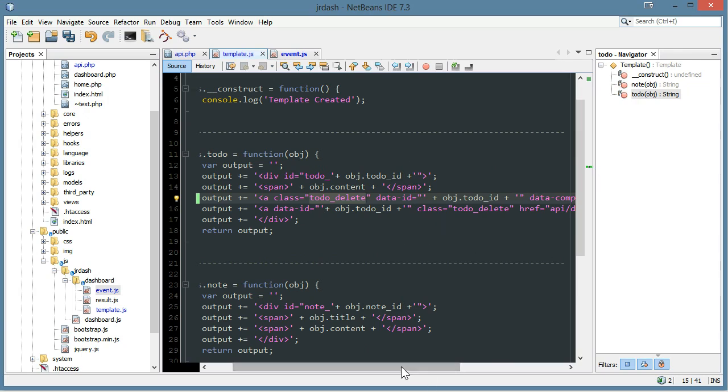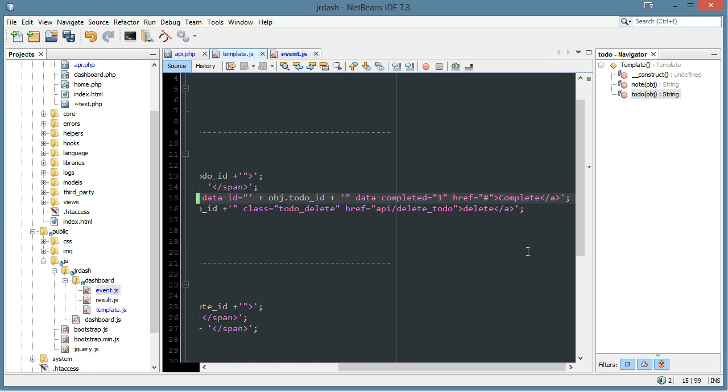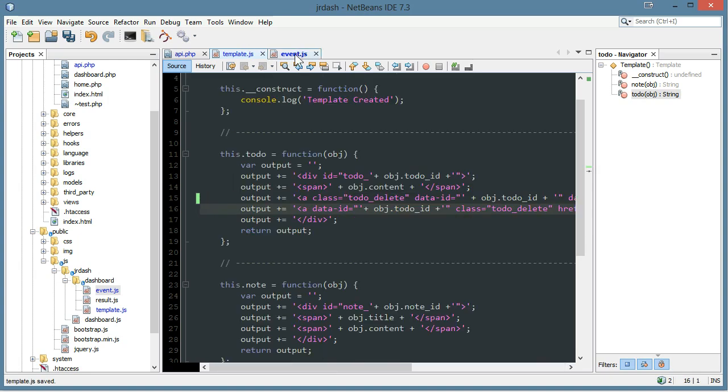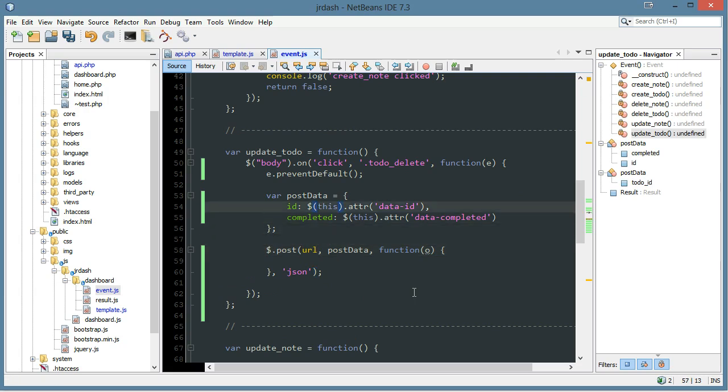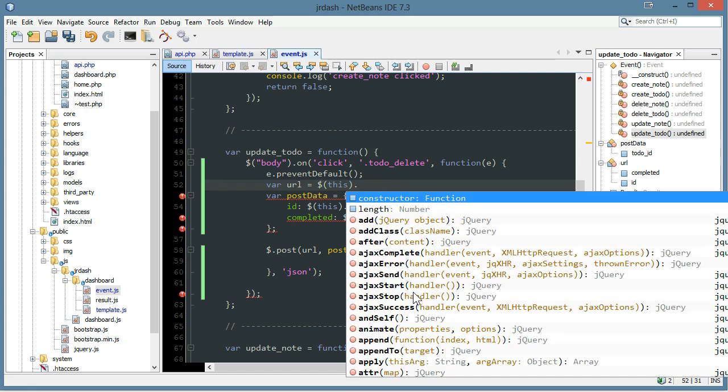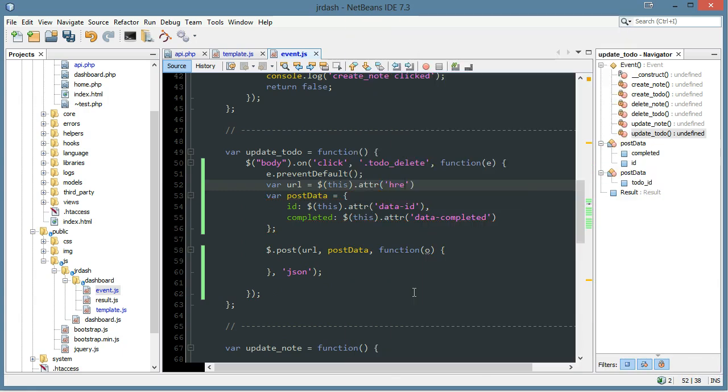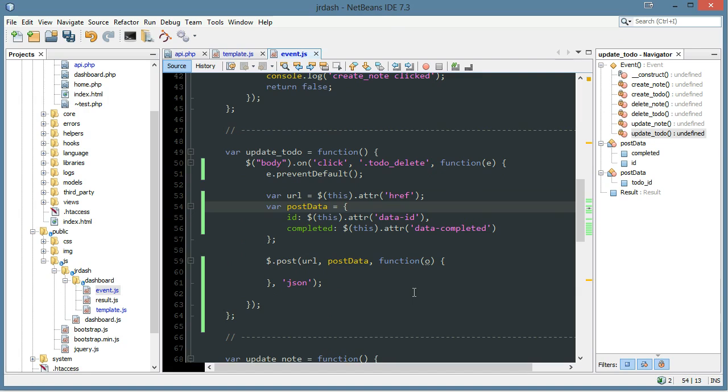Okay, so for the href, we could just put it in here so it's consistent with everything else. So I'll say API / update to do. Okay, and var URL equals this dot attribute href. Okay,